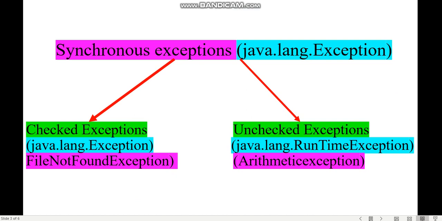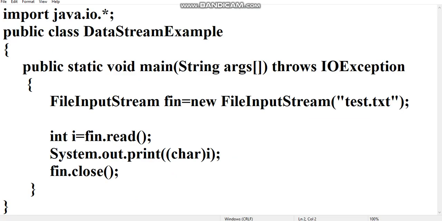If the checking process fails in the hard disk or in the secondary memory, then we will get checked exceptions. For example, all of you see this Java program. This is a Java program to read data from the file test.txt.